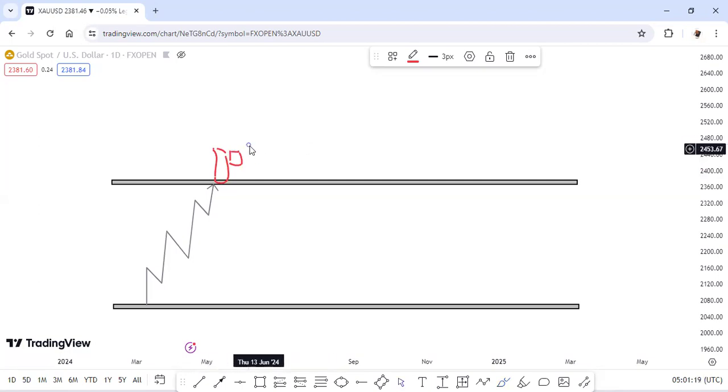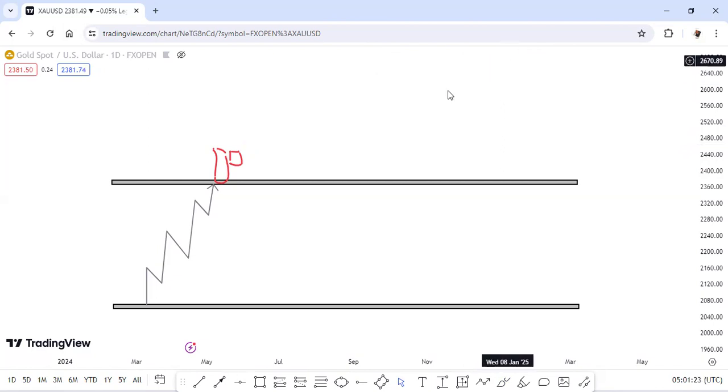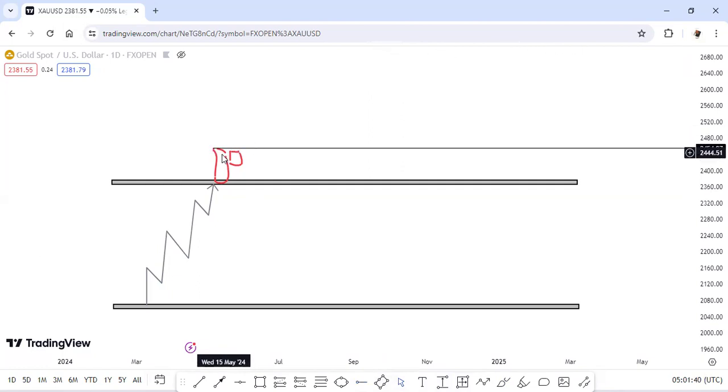This is a clear formation of mother and baby, the inside bar candlestick. This is how I trade the inside bar candlestick. If I've spotted this kind of candlestick pattern on a resistance level breakout, what I will be waiting for is the close of the first candlestick. Once another candle closes above this first mother candlestick, I will go long,